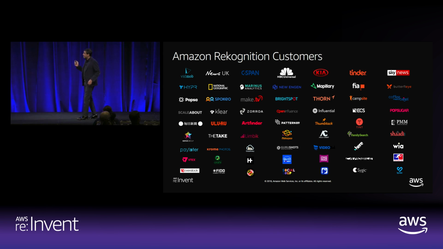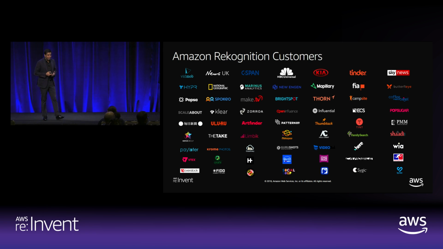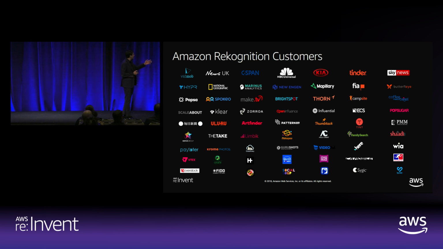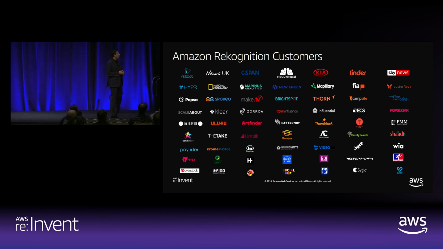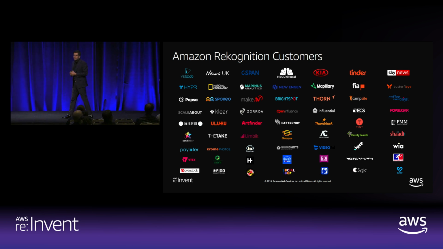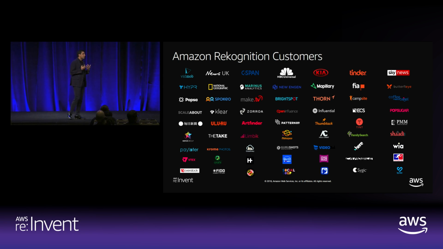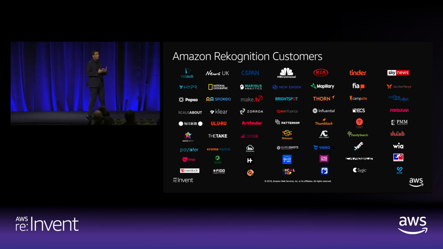And as you could see, the diversity of the verticals is so apparent here, right? On one hand, we have ad tech companies like Vidmov. You have News UK, a media company. We have dating sites. We have fintech. We have non-profit organizations like Thorn that are trying to solve a complex problem like human trafficking. We are able to serve all these customers with this set of simple-to-use APIs that we have created.